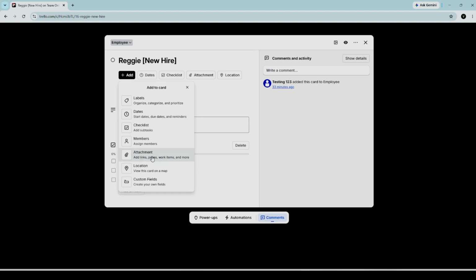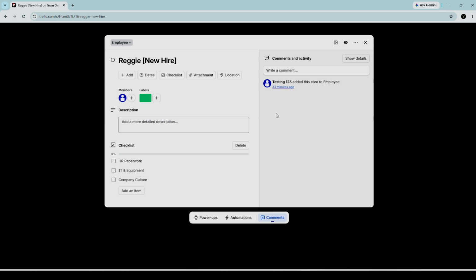Now, attach your resources directly to the card. Click the attachment button and upload your policy PDFs, handbooks, and any direct links to company documentation. Think of this card as the single source of truth for that employee's entire onboarding journey. A common pitfall here is keeping attachments outside of Trello, forcing people to hunt down files in folders or email threads. By attaching everything directly, you keep it frictionless. Also, remember to label the card with the new hire's name once you duplicate it so you can easily search